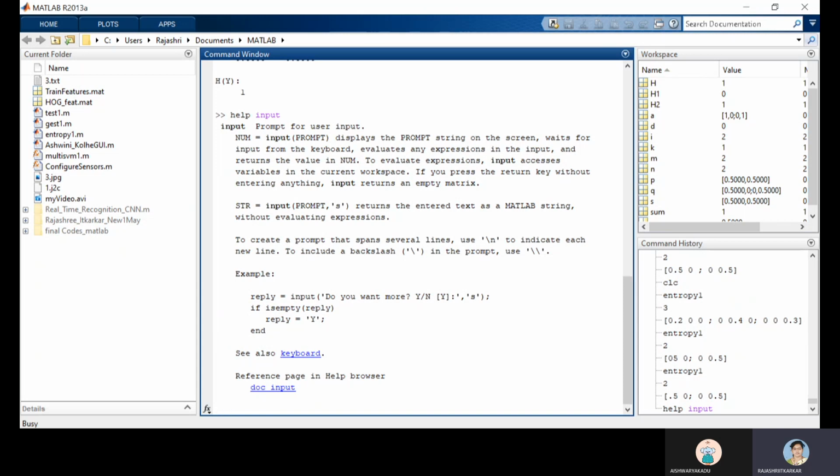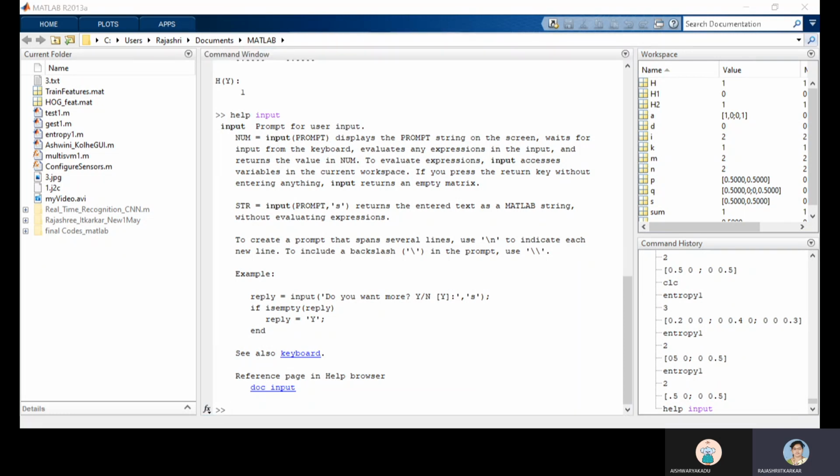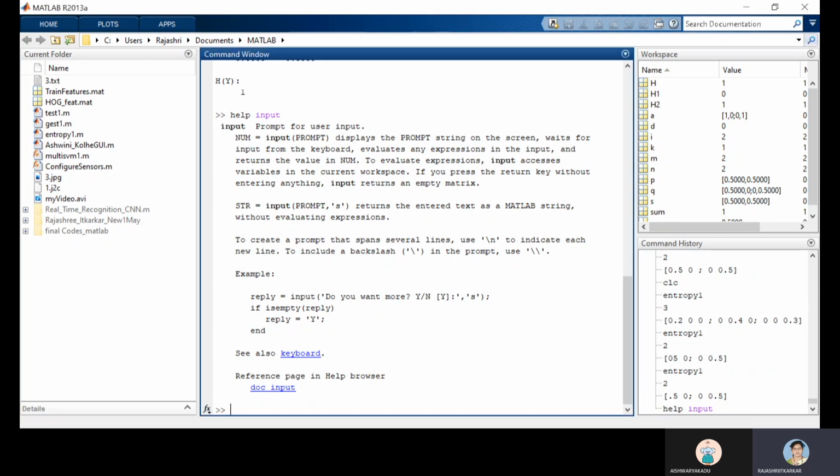This is a doc file where you can find more details of the input command and how it has been used. There is another thing you can use, that is the lookfor command. With lookfor, it's like the search provided by Google, you can go through that search itself. So for example, lookfor display will display all the things which come under display. I'm not going to put an enter and show you all of it. You can try by your own, but first install MATLAB and then try out this program.